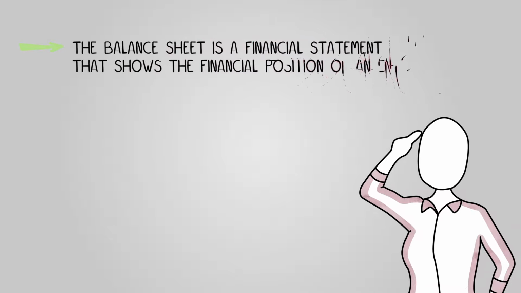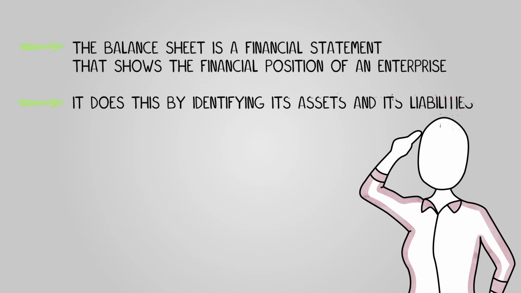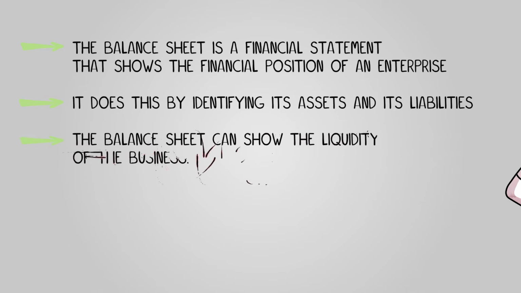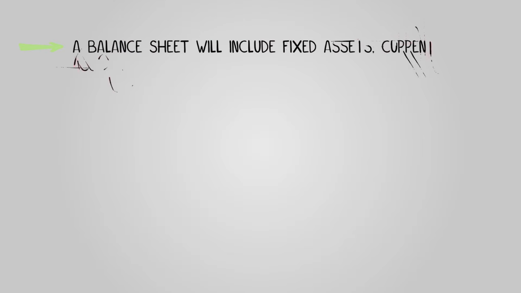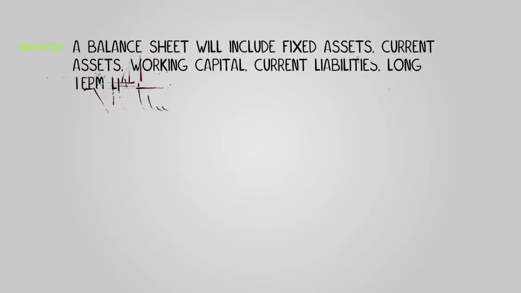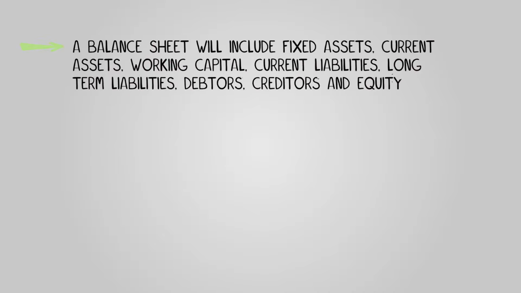In conclusion, the balance sheet is a financial statement that shows the financial position of an enterprise. It does this by identifying its assets and its liabilities. The balance sheet can show the liquidity of the business, how efficiently it uses its assets and the financial risks the business faces. A balance sheet will include fixed assets, current assets, working capital, current liabilities, long-term liabilities, debtors, creditors,